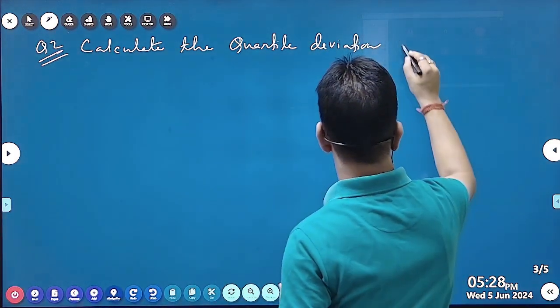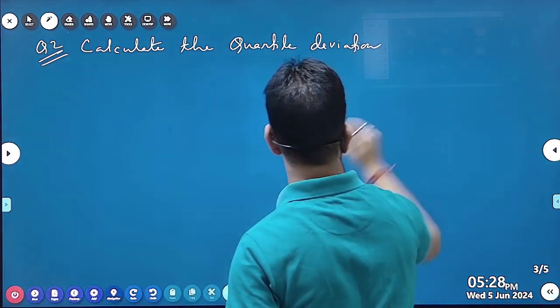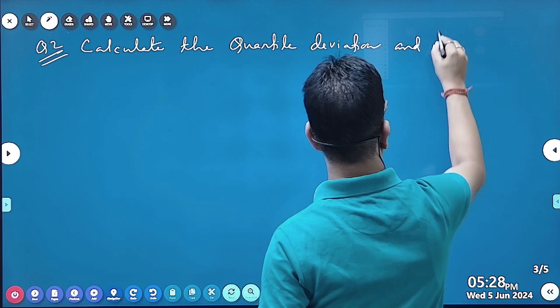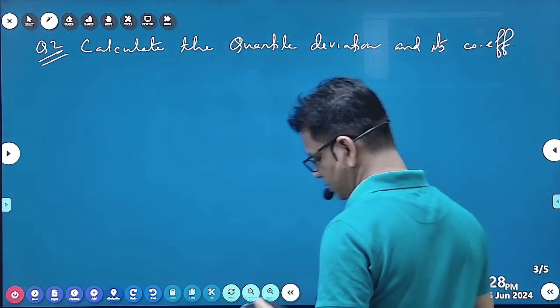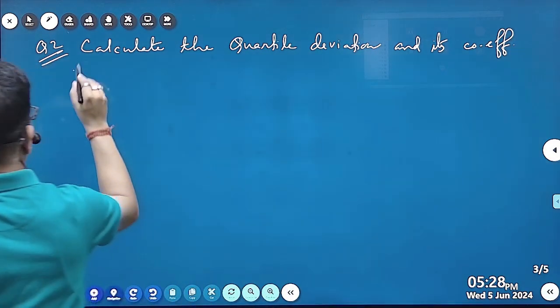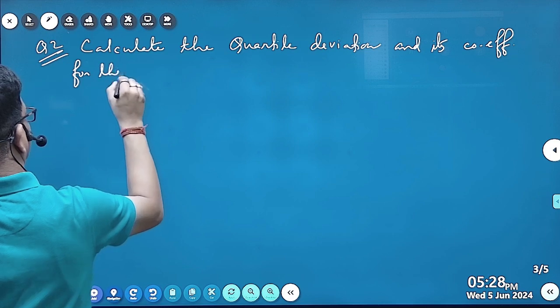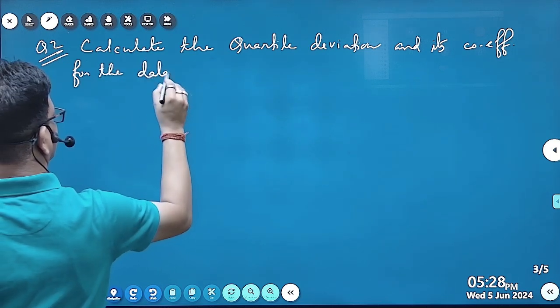And its coefficient means the coefficient of quartile deviation, for the given data. For the data, I'm writing here,